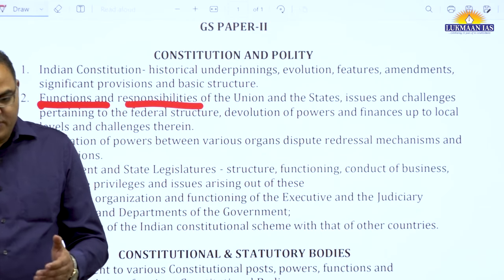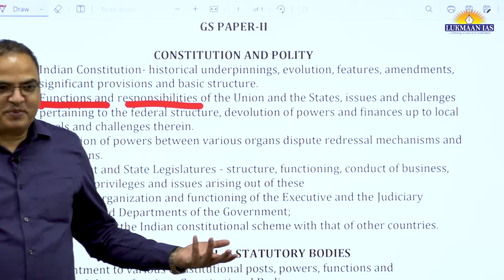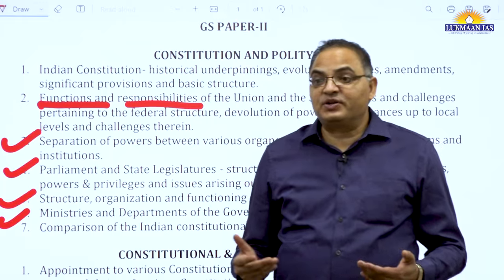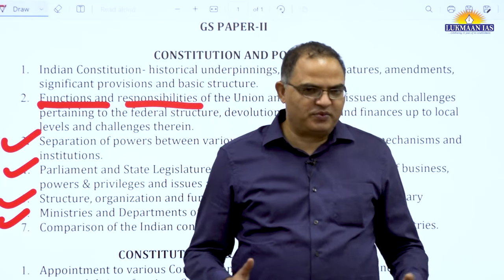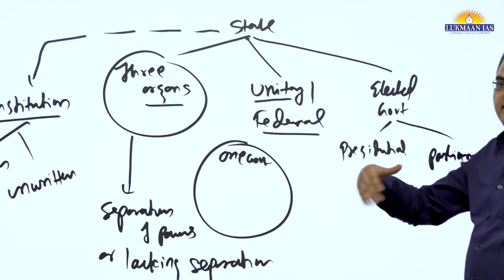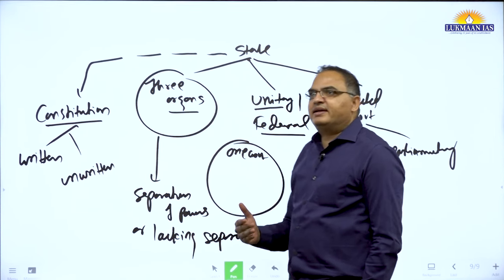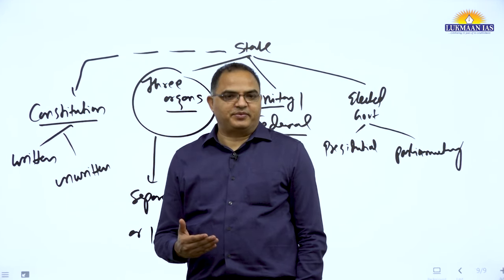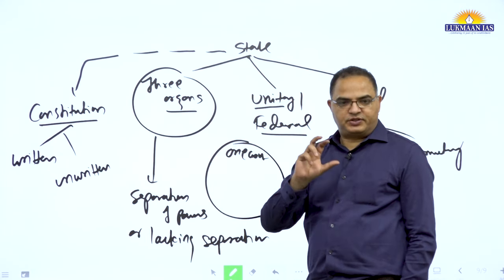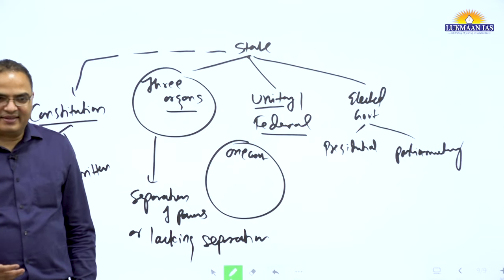So modern polity is a Western contribution, whether you like it or not. It does not matter, because you cannot teach polity without teaching modern polity the way it has evolved. They have given the idea of constitution, and all these characteristics we are mentioning come from their side, although it does not matter whether you say their side or our side. When we say a system of government, that system will have some characteristics, and that is what you have to write.